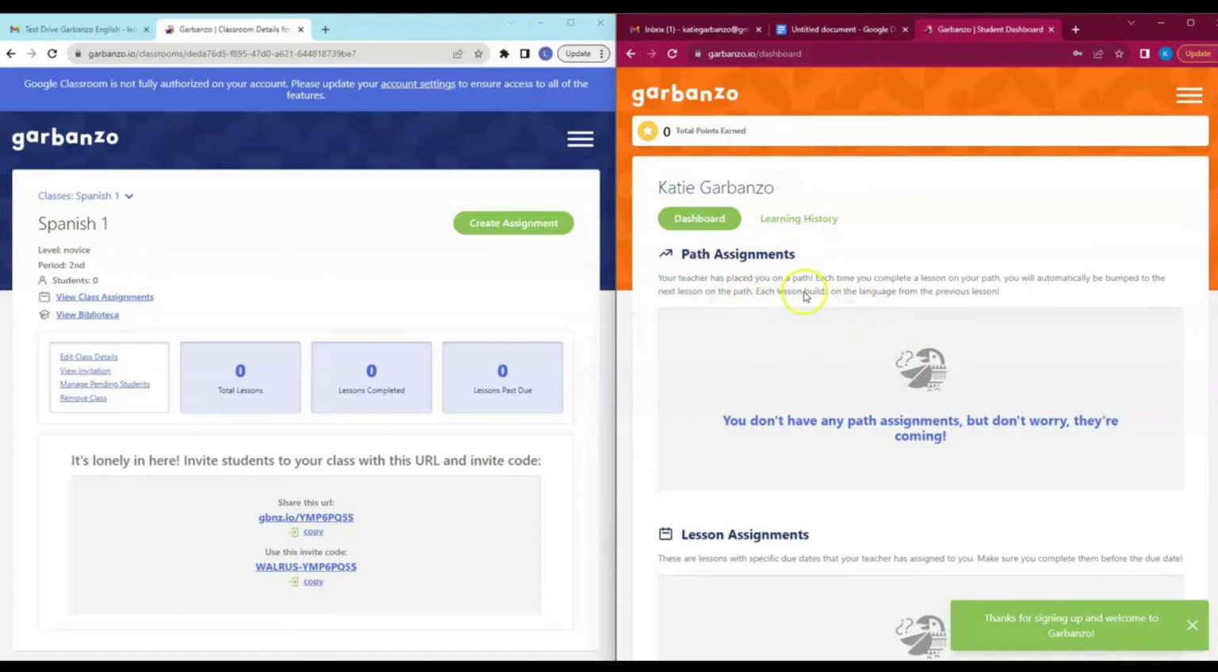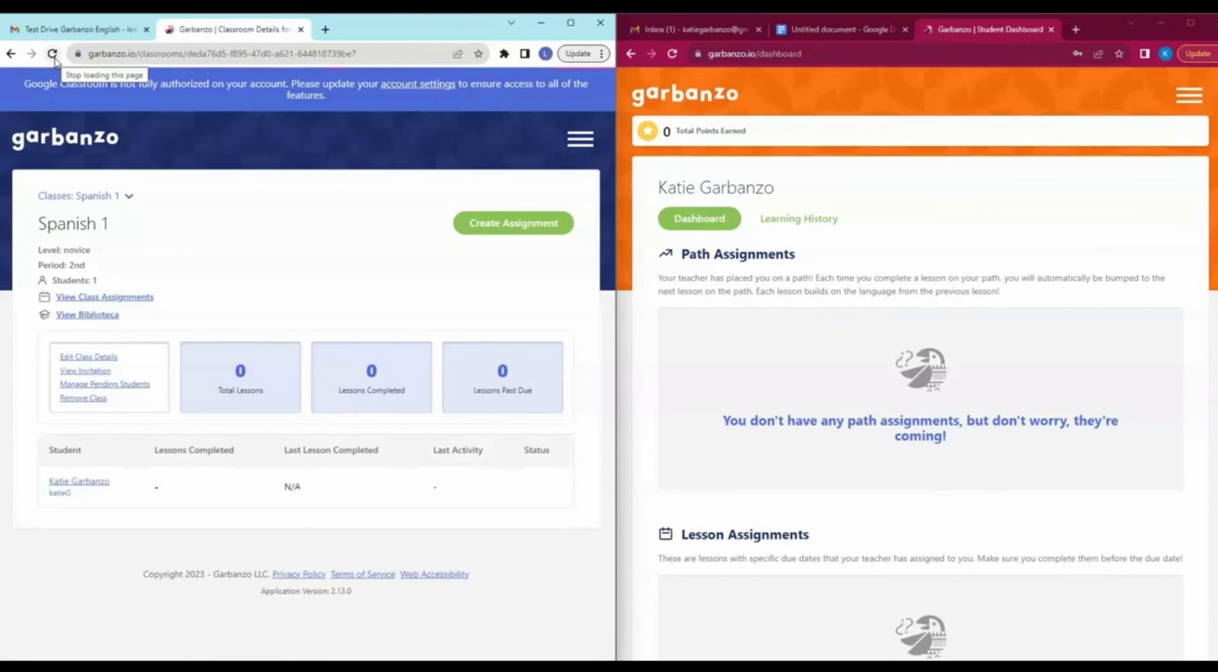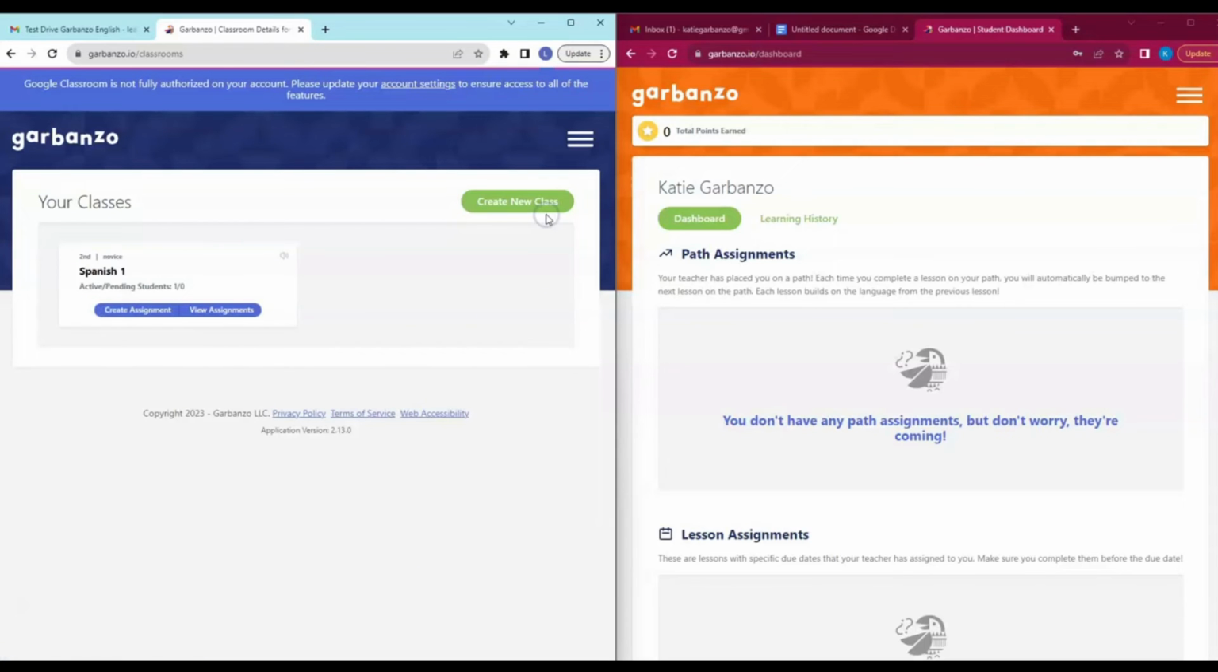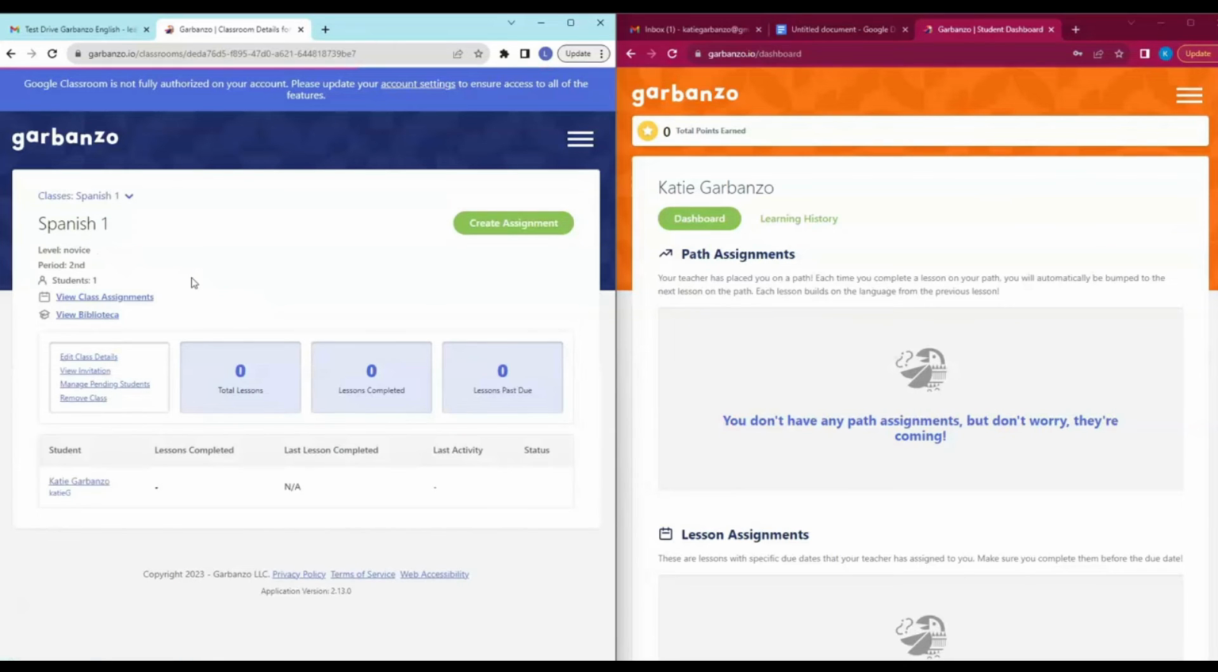Now Katie is in my classroom. So if I go back over here to the teacher side and I refresh, you can see that Katie Garbanzo is in my class. So let's take a look at our classes, our dashboard. So you can see that we have a Spanish 1 class, and if I click on it, we know that there are no lessons assigned yet. So here, if we view class assignments,